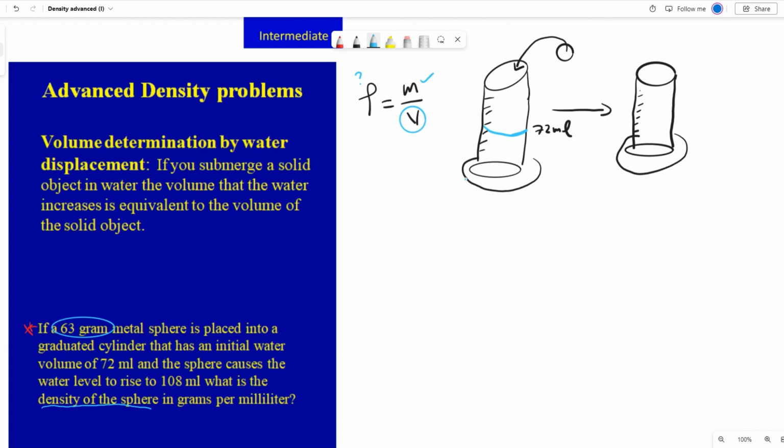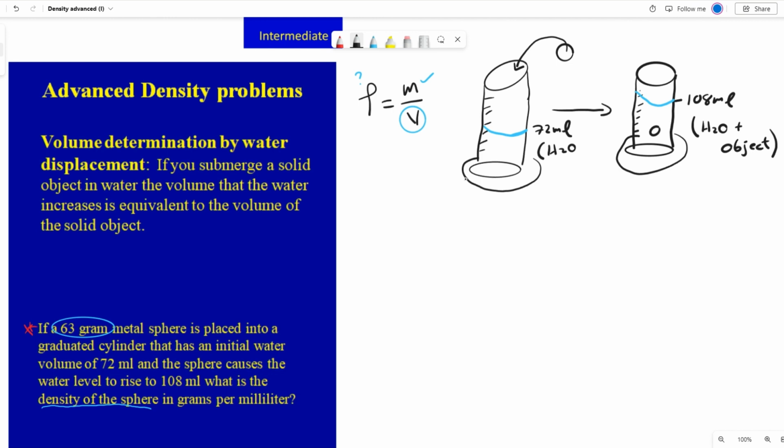And it says that the water level increases from 72 milliliters up to 108 milliliters. And that's the water with the sphere in it. So if the 72 is the volume of the water, and the 108 is the volume of the water plus the object,